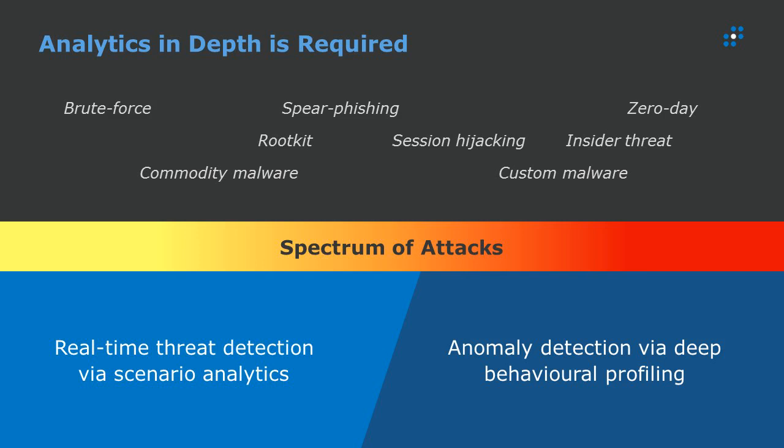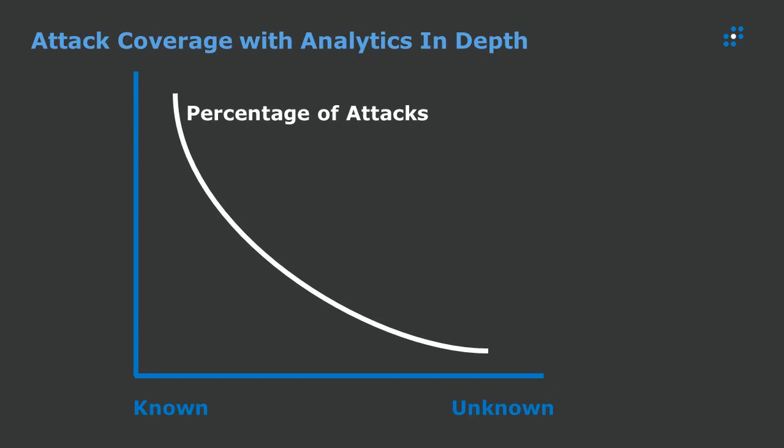But the reality is we want the system to be able to tell us as quickly as possible about those threats that represent risk to our environment. And when we think about these kinds of attacks, the vast majority of attacks that we see are known, and the impact of those known attacks, a very high percentage of them, is perhaps quite low.